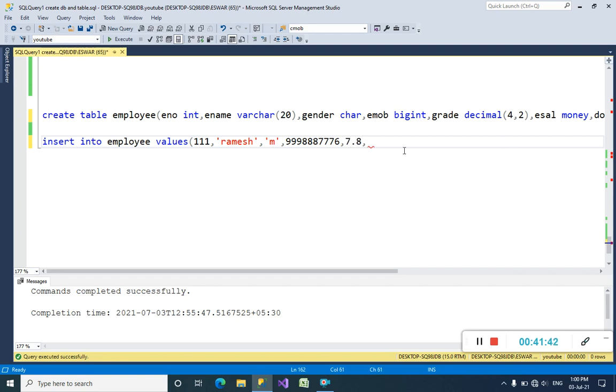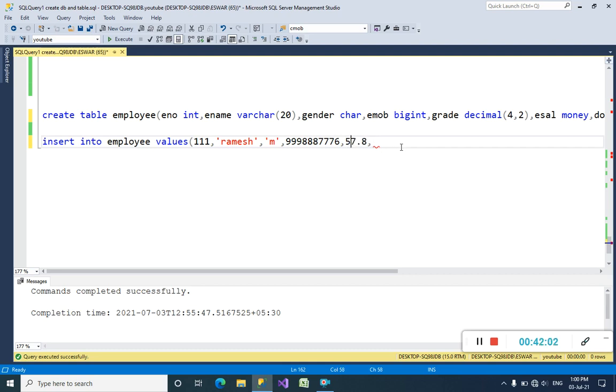I can insert it because 7.8 has two digits. Here the precision is 4. We can write up to 4 digits, but we have used only 2 digits, so no problem. If you want to store more than 4 digits, you cannot insert.